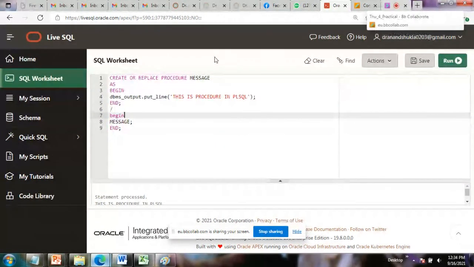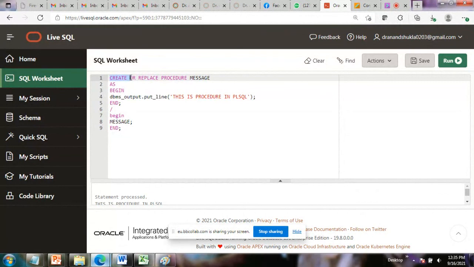Got it, guys? Everyone, see it again. Create or replace procedure. Then the identifier, meaning the name of the procedure. What is the name of the procedure? Message as begin. Now we have to write the code. Begin means you are starting the code, and end means you are ending the code.